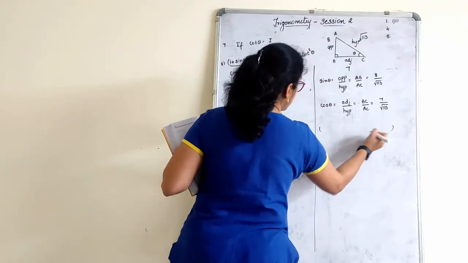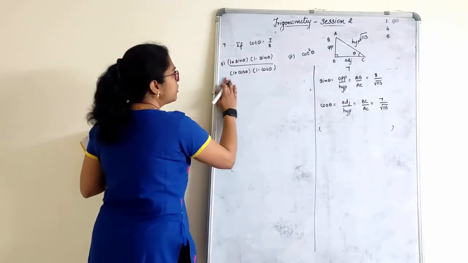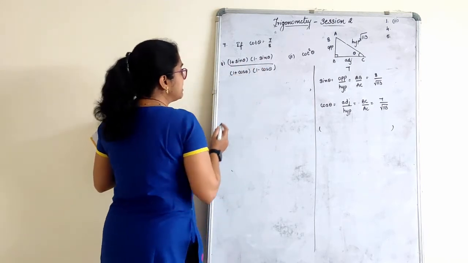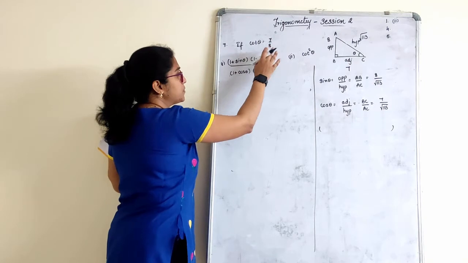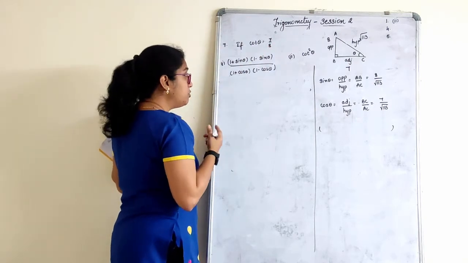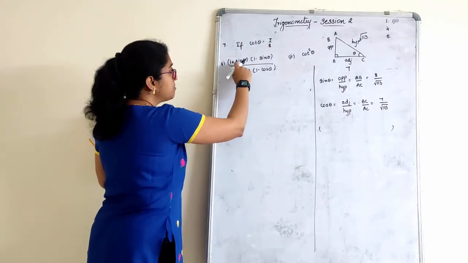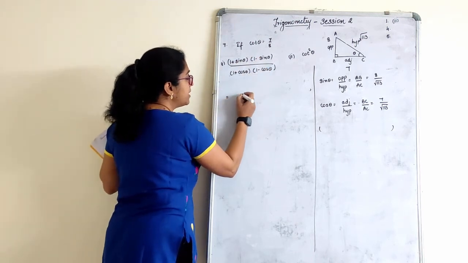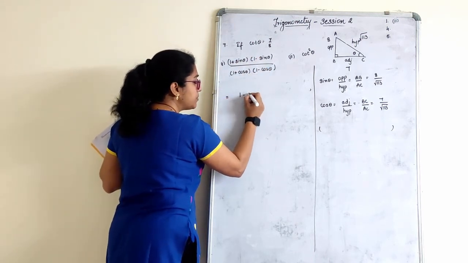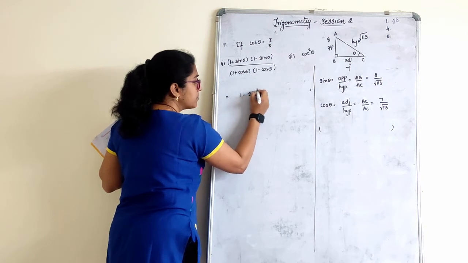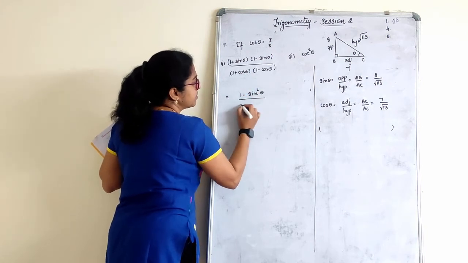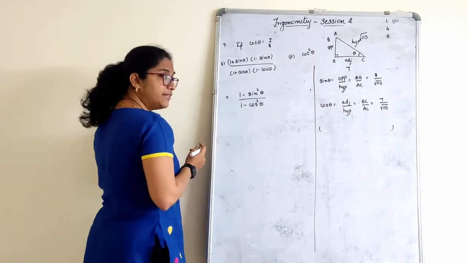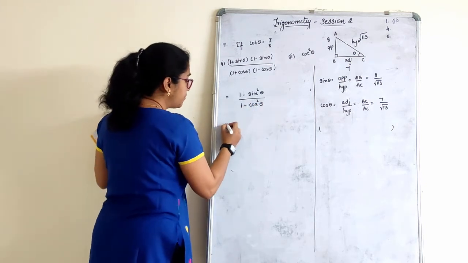Copy it here. Write the question once again. So this is the question. I'll just start solving from here. There are two ways of doing: simply substitute, then multiply. But when you look at this, what comes to your mind? (a plus b)(a minus b), which can also be written as a square minus b square. So 1 minus sin square theta over 1 minus cos square theta. Can we write? Yes, a plus b, a minus b form.